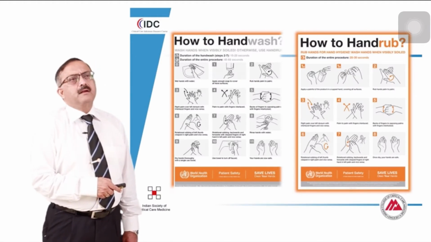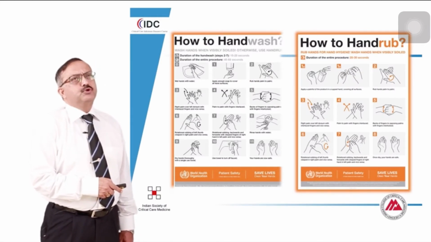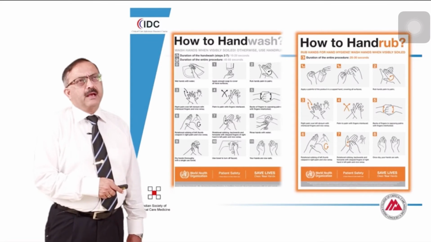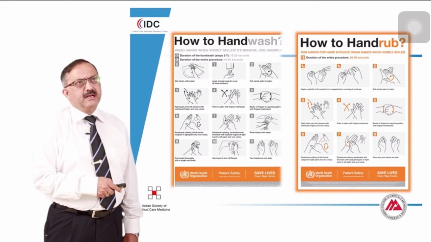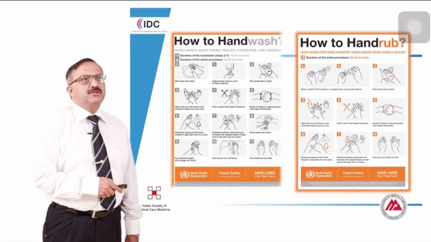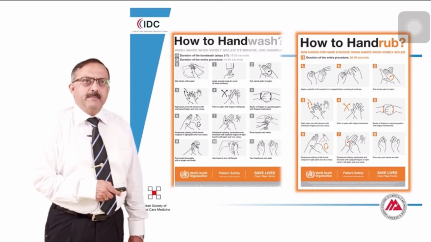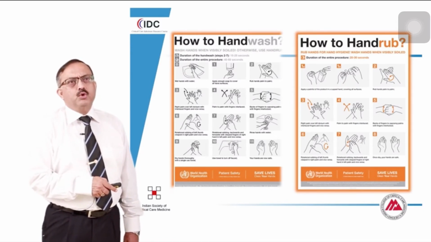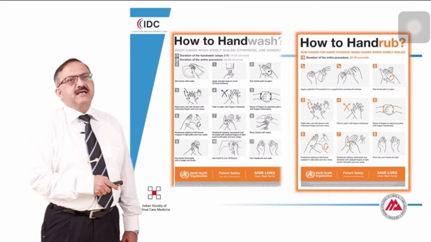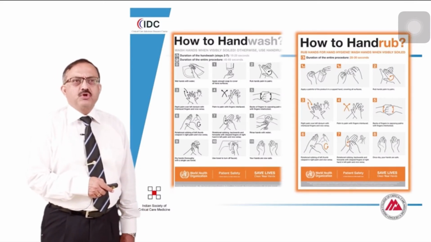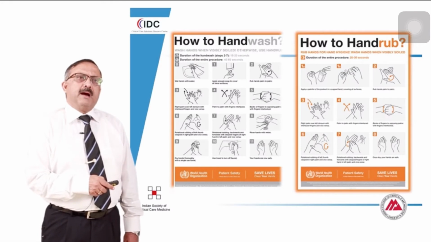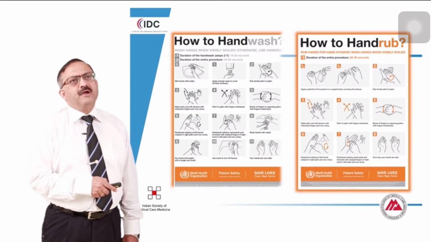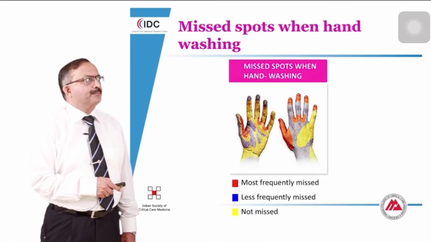These are the graphics showing you the procedures and the steps to be undertaken. These posters must be put up near the basins or the place where the hand wash or hand rubs are to be undertaken, and at various locations in the wards, so that all healthcare personnel are made aware of the procedure and have not forgotten the steps that have to be undertaken to do this in the correct manner. Because, as I repeatedly will emphasize, hand wash and hand rub have been proved by various studies to be the most important criteria and reason for infection in the intensive care setting.